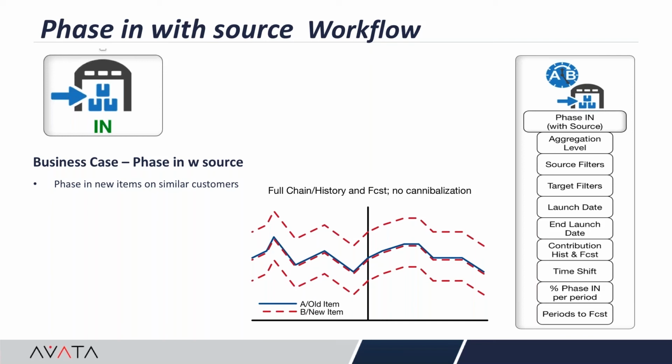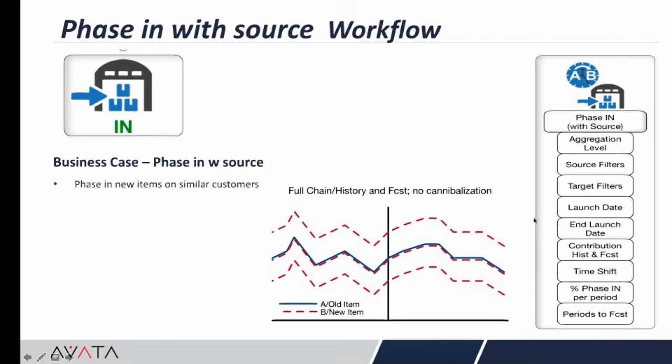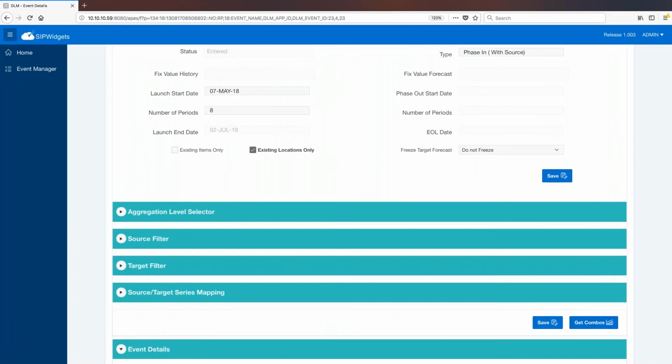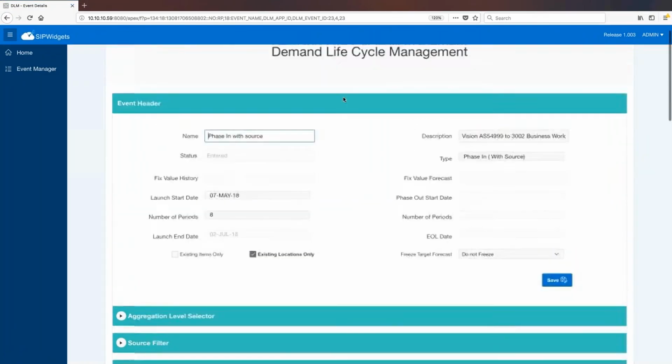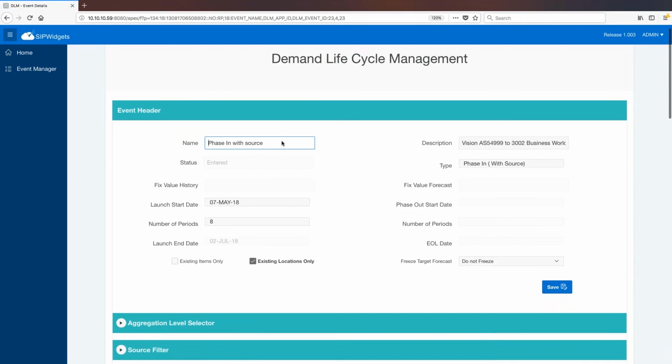group against. So let's jump onto the event again in the application. Here we've defined the name of the event, description, and the event type, which in this case is phase in a new combination, a set of new combinations, choosing from a source set of combinations.